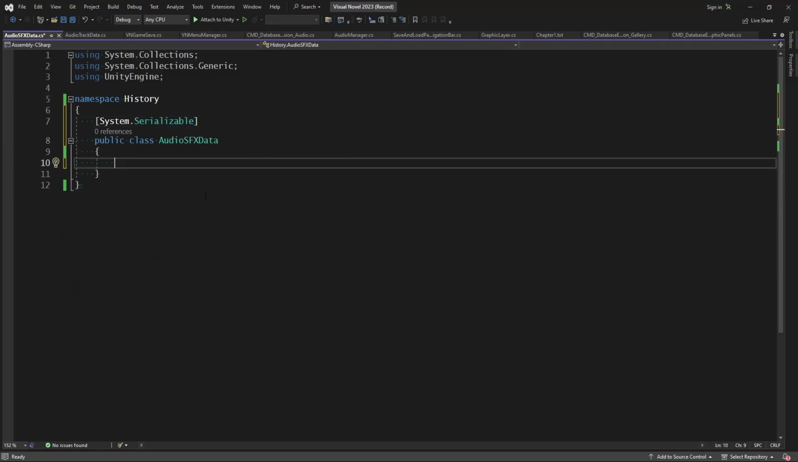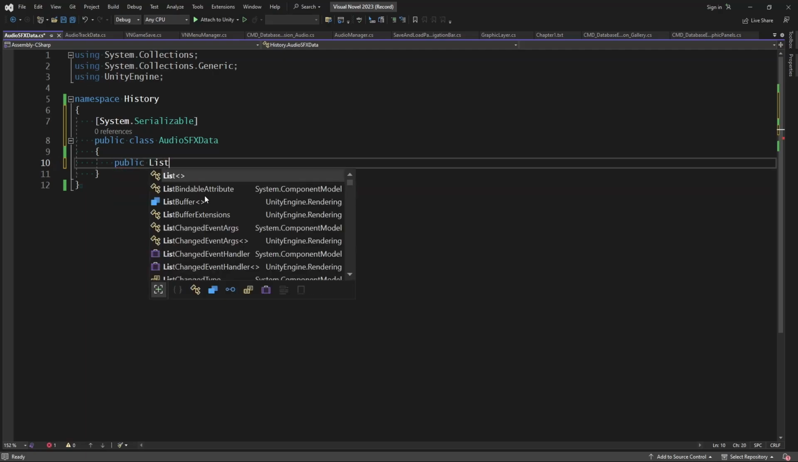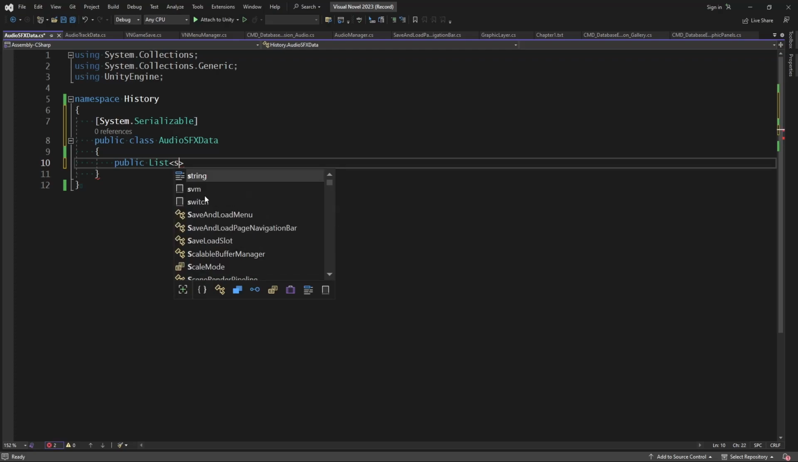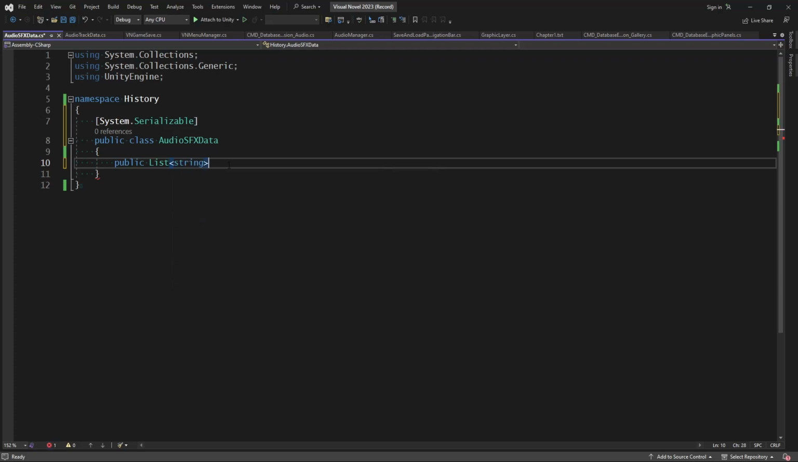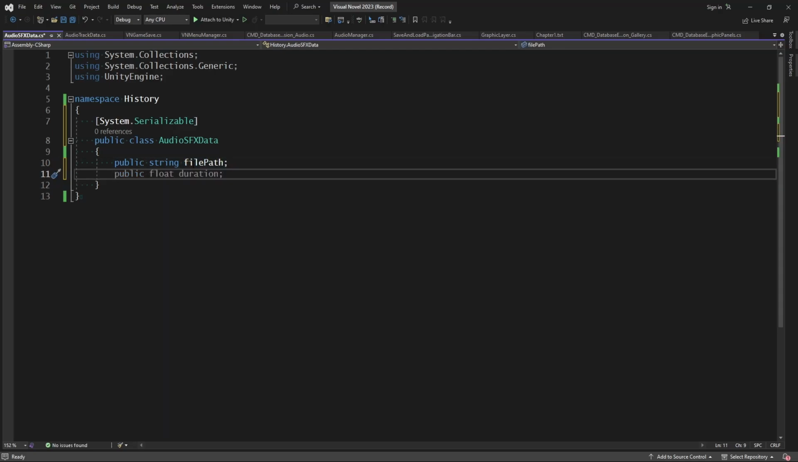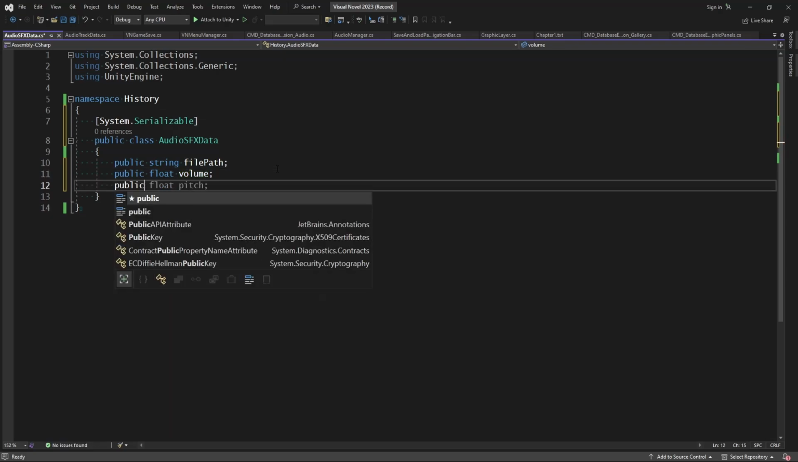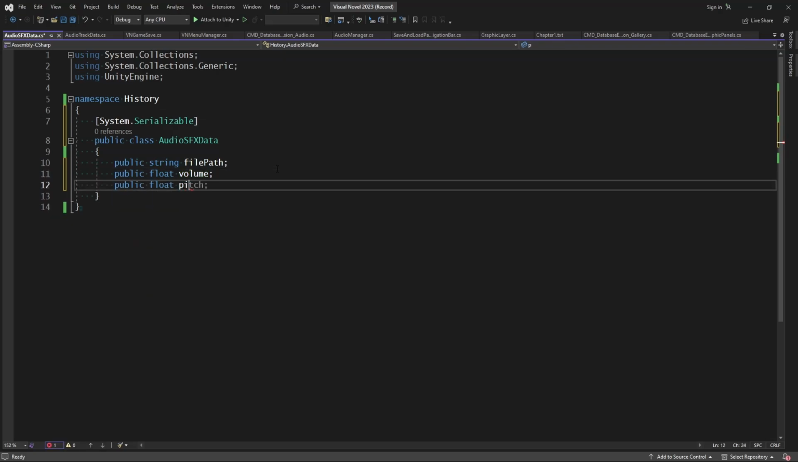And then we really only need one thing. We just need a list of all the sound effects. So we'll have a public list of strings. And so for each sound effect, we're going to want a public string for the sound effect path, so the file path. And then we also want the volume and the pitch. So public float volume and public float pitch, as well as any other settings you might want to record for